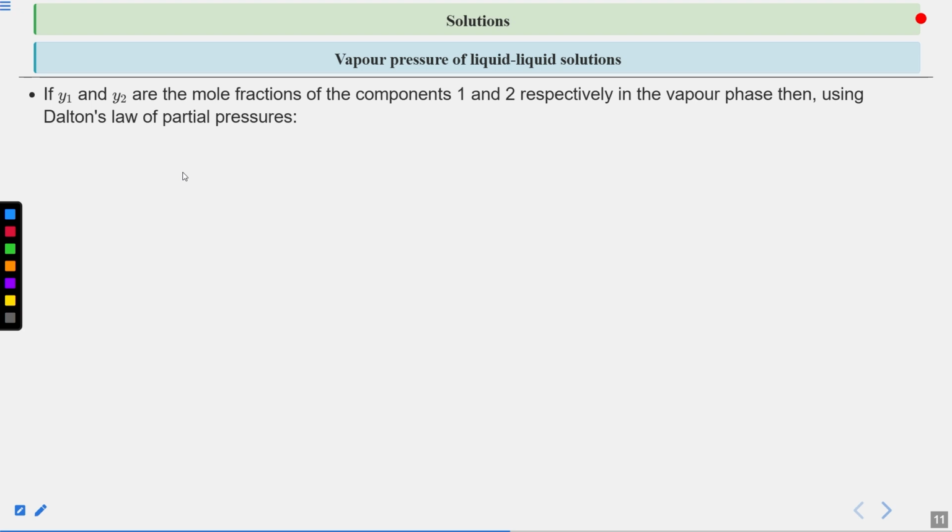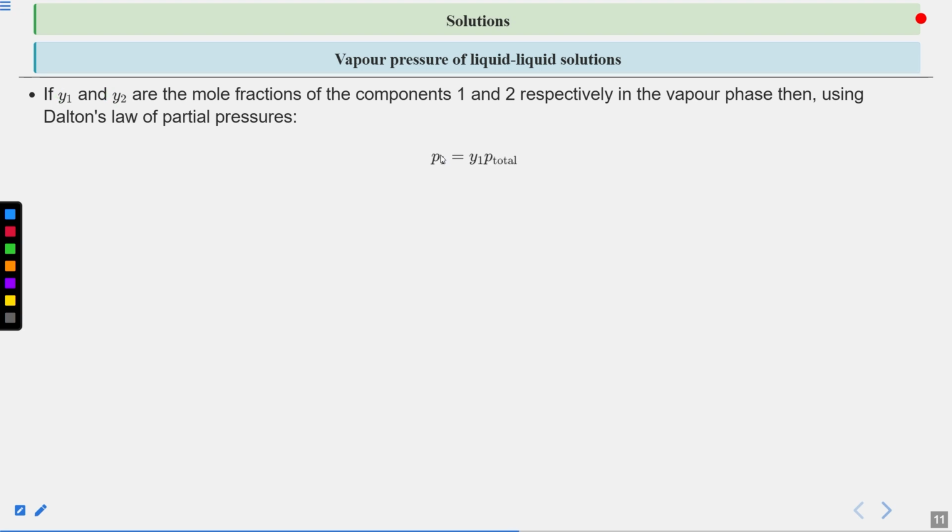Now, the chi1 and chi2 that we are discussing were the mole fraction of the component 1 and 2 in the solution phase. But what about the concentration in the vapor phase? For that, we represent their mole fraction with y1 and y2. So in the vapor phase, the mole fraction will be y1 and y2 of the two components 1 and 2. Now remember the difference between these two: chi1 and chi2 are the concentration in the liquid solution, whereas y1 and y2 are in the vapor phase. Then if we use Dalton's law of partial pressure again,